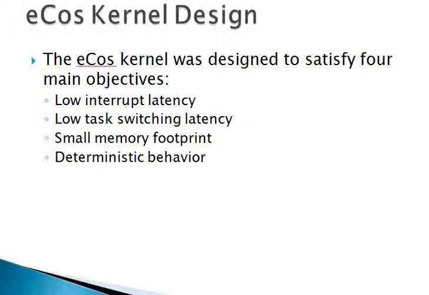The eCos kernel provides the core functionality needed for developing multi-threaded applications. That is, the ability to create new threads in a system either during startup or when the system is already running. Control over the various threads in the system, for example, manipulating the priorities. A choice of schedulers determining which thread should currently be running. A range of synchronization primitives allowing threads to interact and share data safely.